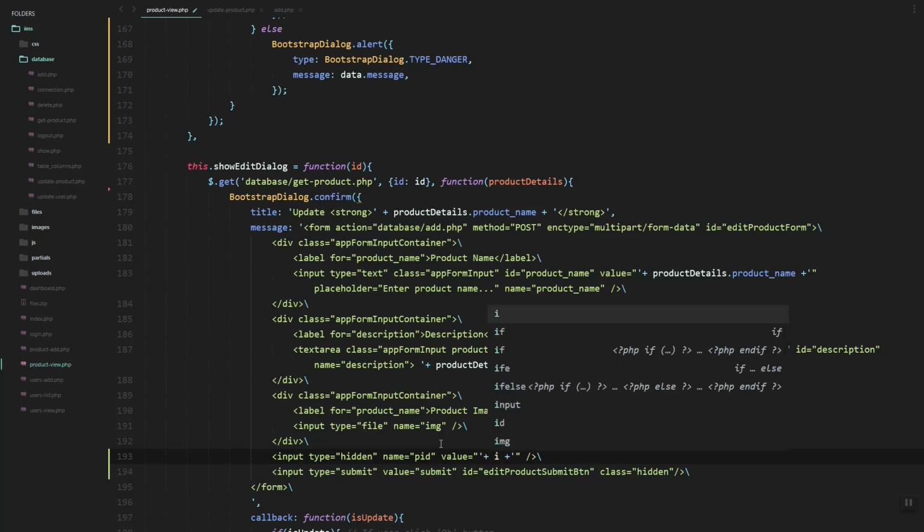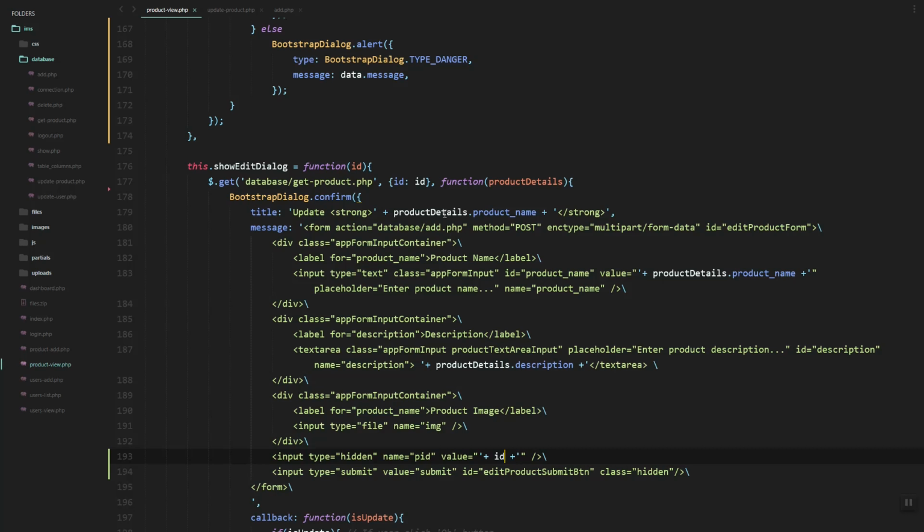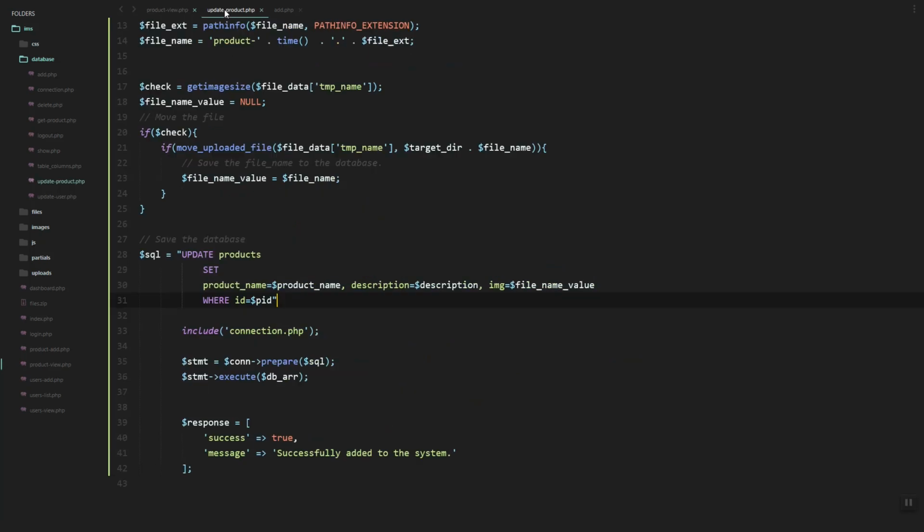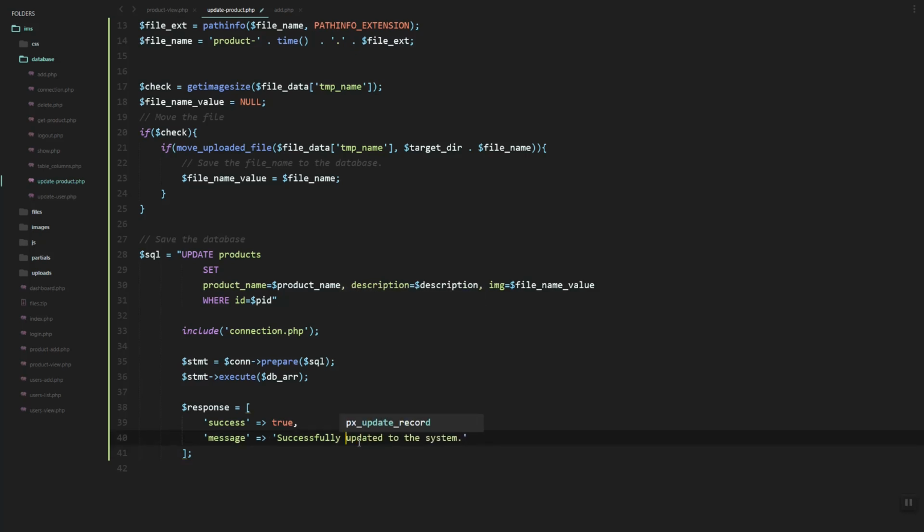So ID, or you can use the product details ID, or also you can use the ID. So just the same thing. So let's execute, respond successfully updated, and then here we can write